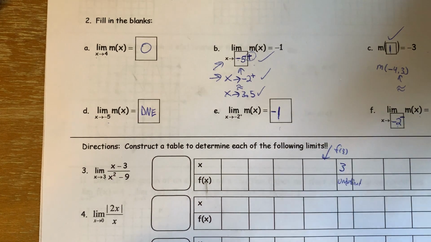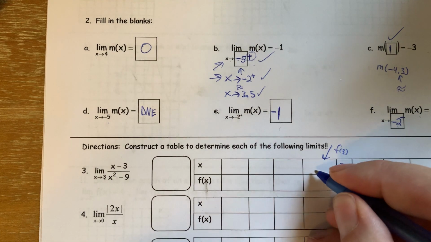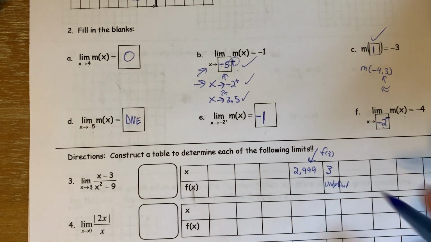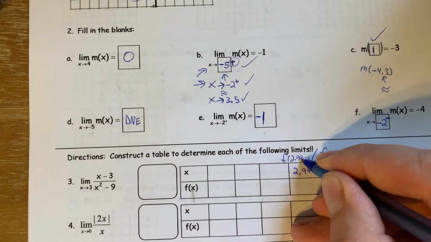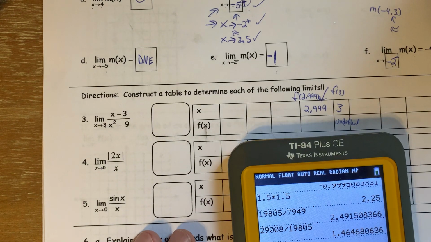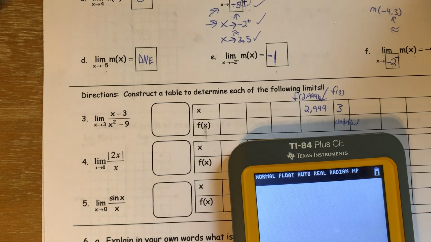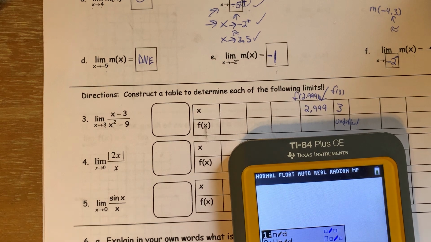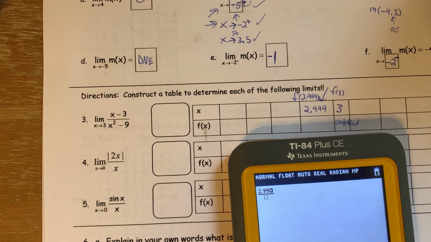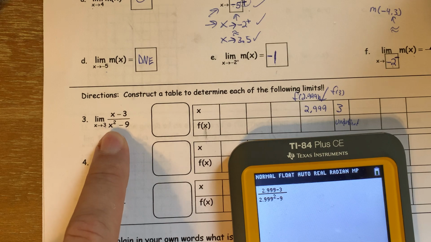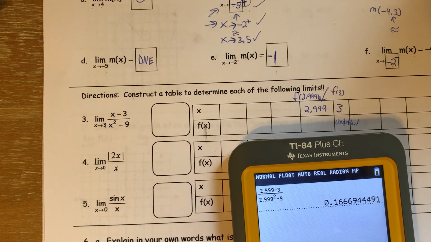What number should we put in that's just a little bit to the left of 3? Well, we should put something like 2.999 in for x, and we're going to find f of 2.999. I'm going to use a calculator trick here. I'm going to show you a couple different ways, if you didn't get this right, to do it on a calculator. One thing we can do is just type it in on the main screen. We can do 2.999 minus 3 divided by 2.999 squared minus 9. We're just following this rule and putting it in. And we get